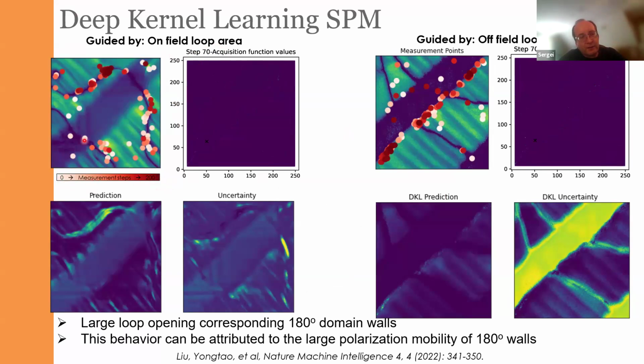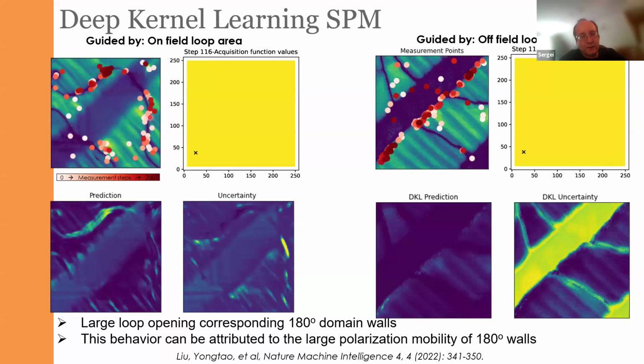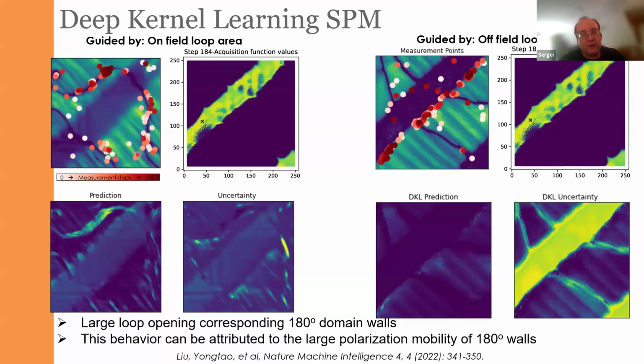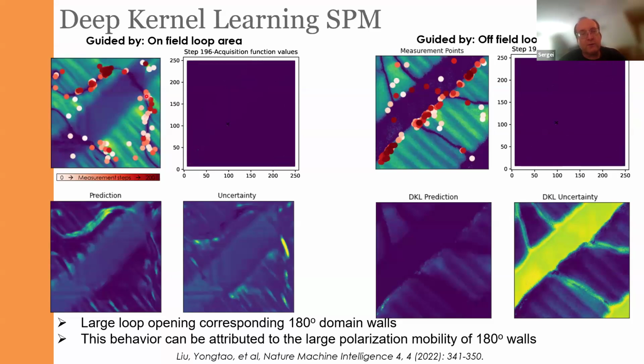You can see that the exploration started with these locations. And then the microscope discovered that the hysteresis loops are big on these domain walls. And then it basically spent all the experimental budget exploring this ferroelectric domain wall. And this is superb, because we know, and the algorithm does know, that it is very plausible for this domain wall to have the high on-field hysteresis loop area, because the domain wall can wiggle and the hysteresis loop